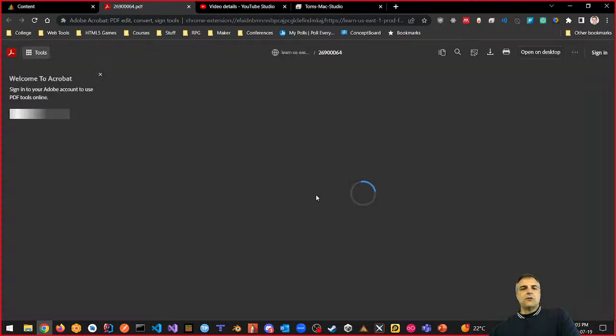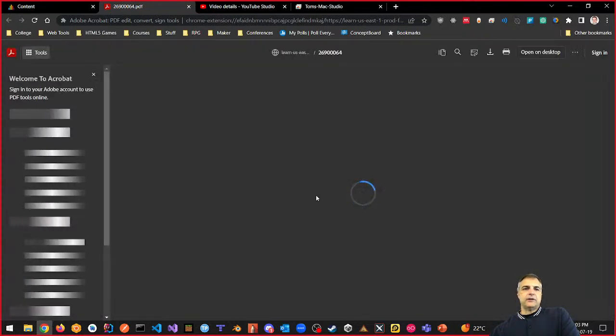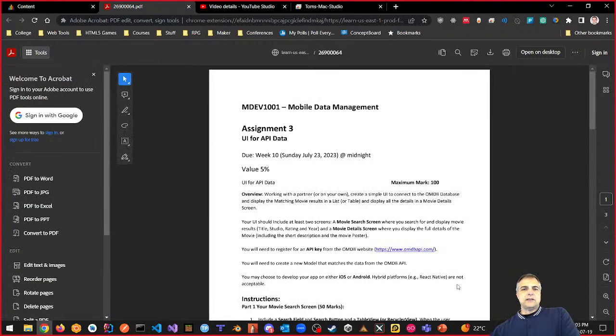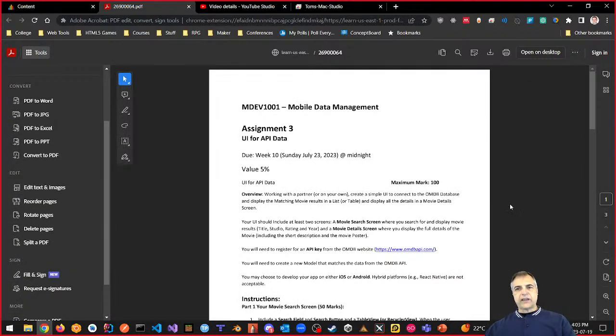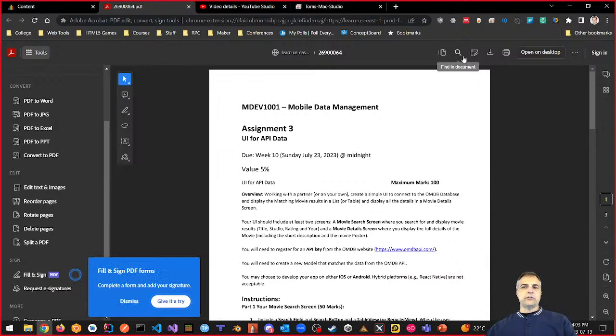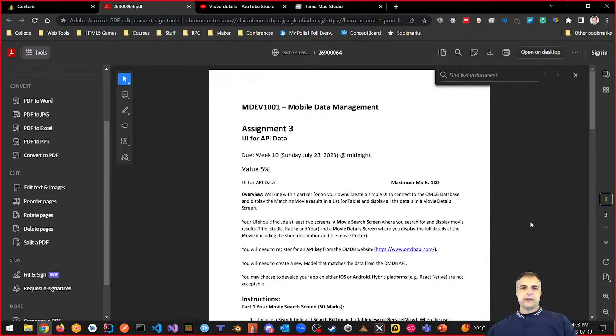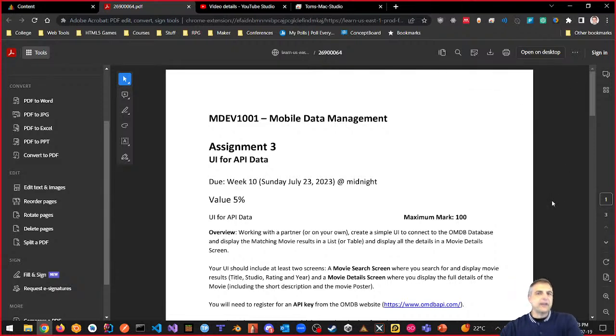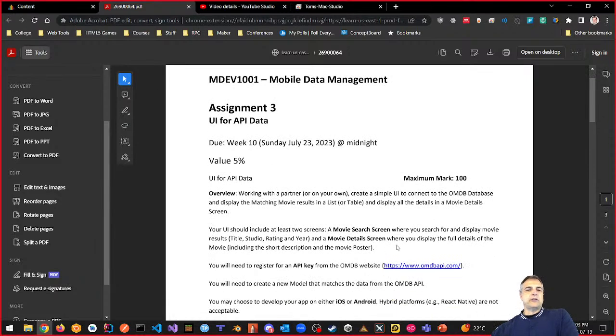Here it is, whenever it decides to pull up. You can see it's a standard assignment structure that we've seen before. I'm going to zoom in so you can see it a little bit. So again, UI for API data, due this weekend. It's what we talked about last time, so this is a bit of a review.